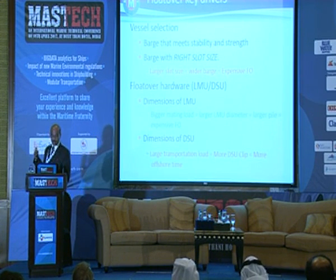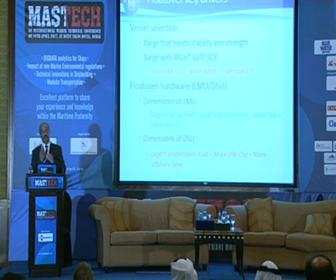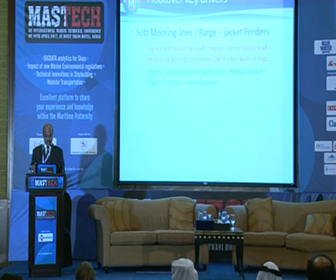Now, quickly on the barge. We had talked about the fenders between the barge and the jacket. If the weather is too high, the impact loads are too high, that means you will need bigger fenders. If you need bigger fenders, that means your slot size goes up. If you need a bigger slot size, you have to go to the next size of barge. Again, it goes up in the cost. So basically, in short,